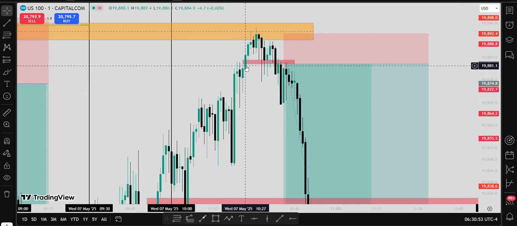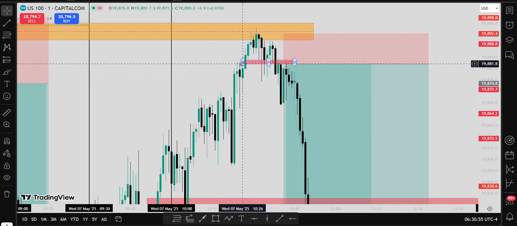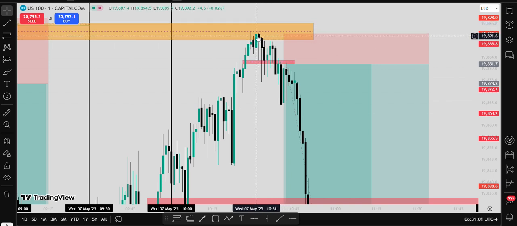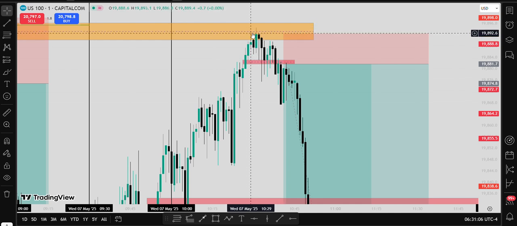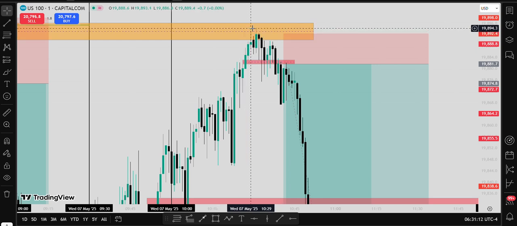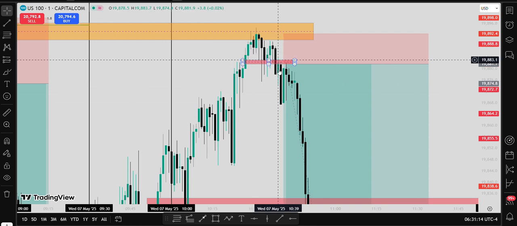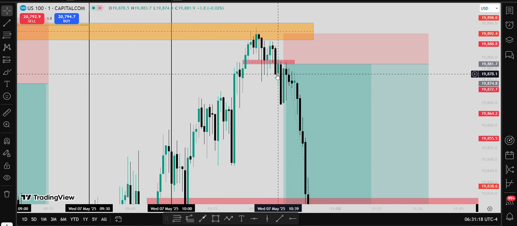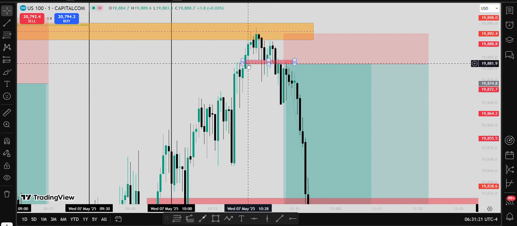As you can see, there was a fair value gap formed right here before the market went all this way to this order block, which the bodies respected as much as the wicks did. They tested the closement and encroachment. After that, we can see a drop and a close of candlesticks right below the fair